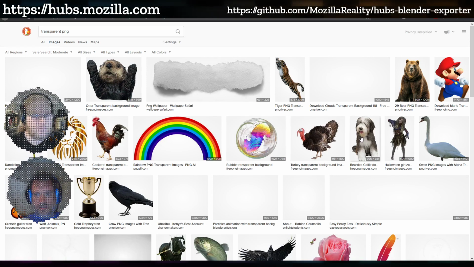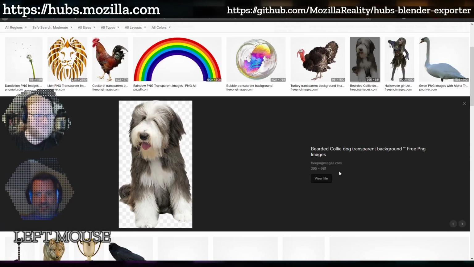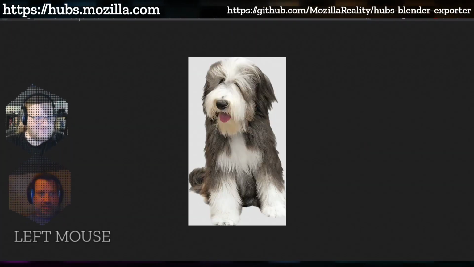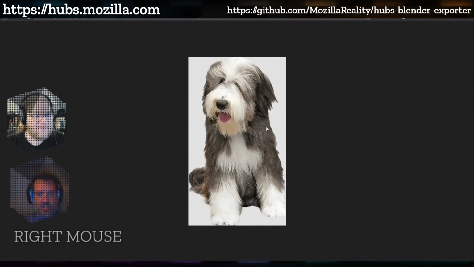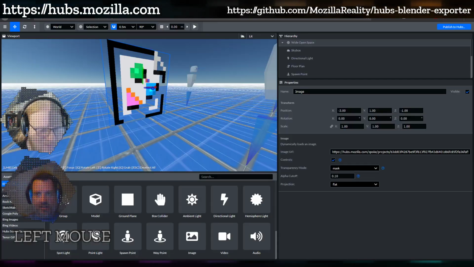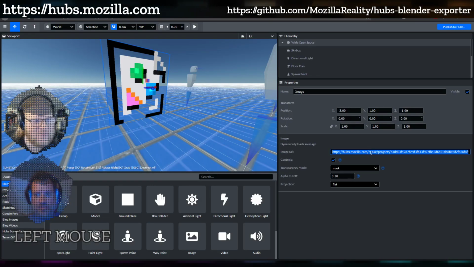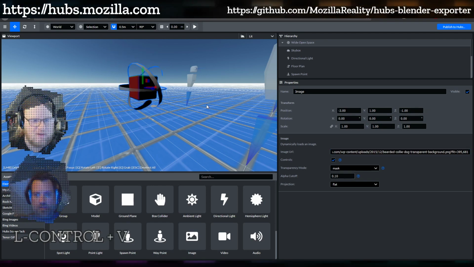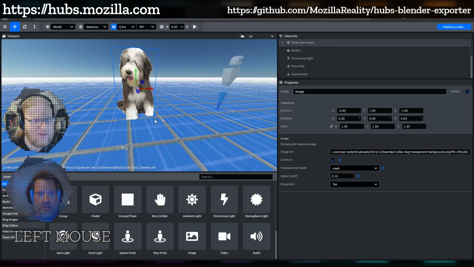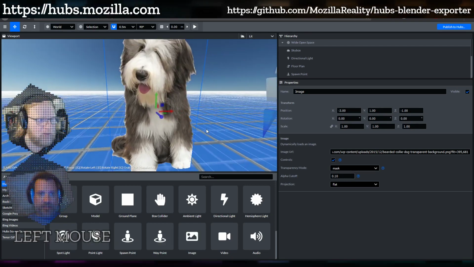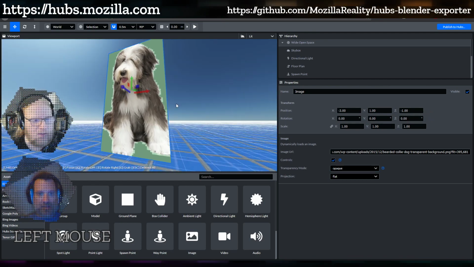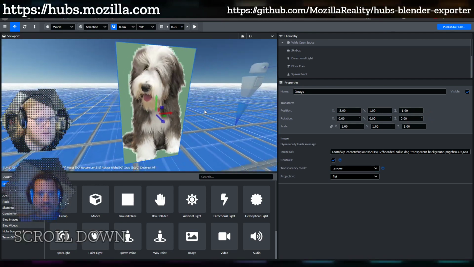Oh, this dog. Okay, so this guy, I'm going to visit here. Let me copy the image location. Then I'll go back over here and paste it over this URL. Is that actually transparent by default? Yeah. Okay, and right now it's set to mask. But you could set it to opaque, and then it'll just have a terrible looking background like that